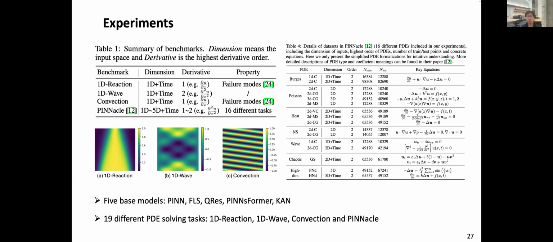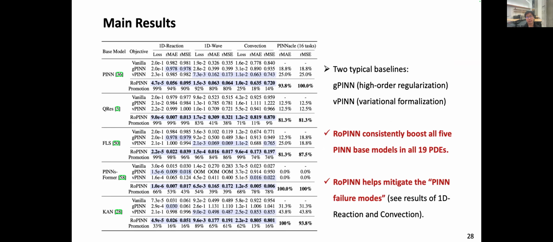And we also test our proposed RoPINN on extensive benchmarks covering 5 base models, including Transformer and KAN, as well as 19 different PDE tasks. RoPINN can successfully boost diverse base models on extensive PDEs. If RoPINN brings a positive improvement, I label it blue. So the improvement is quite consistent among different base models and different PDE tasks. And it can also help the model mitigate failure modes, like in reaction and